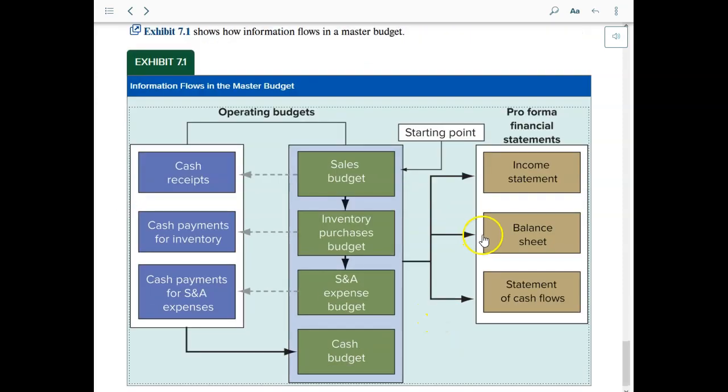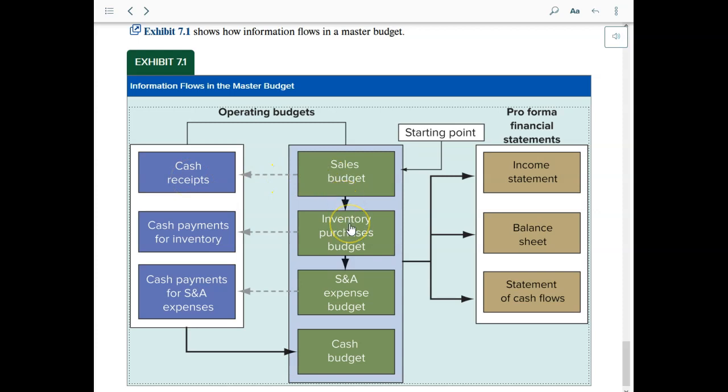All right, so here's what we do. We're going to go through each of these kinds of budgets in detail in just a minute. Everything is based on the sales budget. So you get the marketing people together and decide, what do we think we can sell for this year coming up? That's going to help you find out, well, we make sales, when and how much cash do we collect?